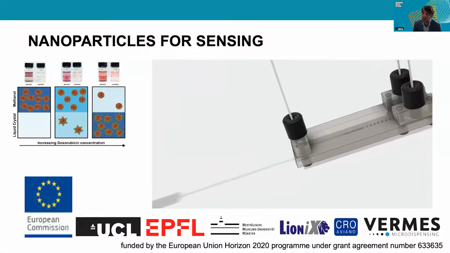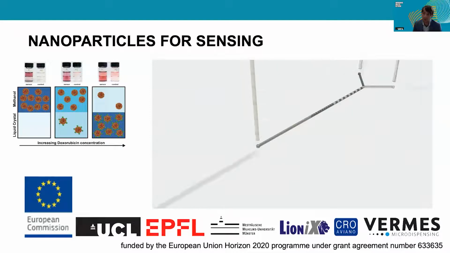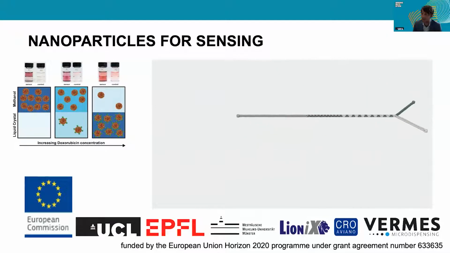So in this kind of large European project with various companies and universities and university hospitals, we were building a prototype that was based on nanoparticle phase transfer. And this allowed us to assess the concentration of drugs in blood, in this kind of device architecture.